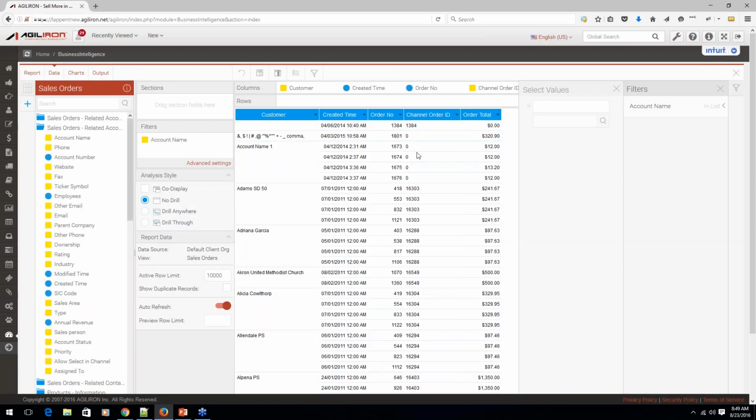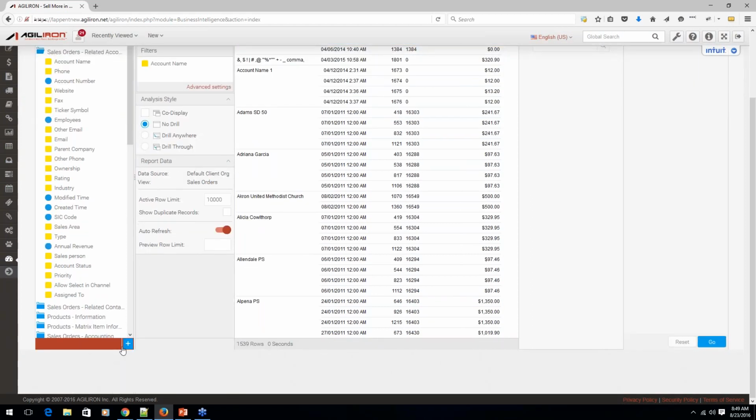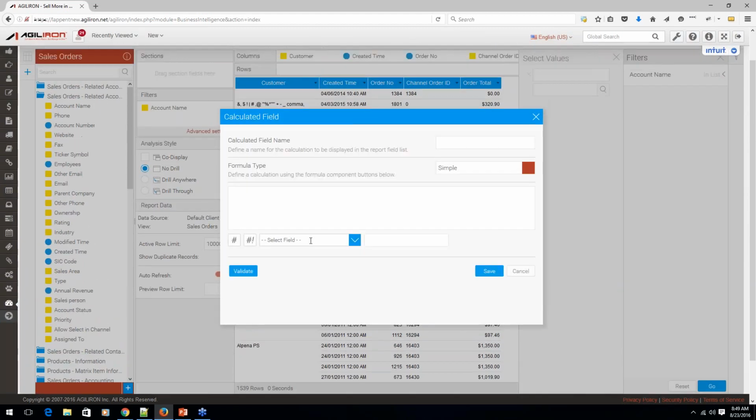Okay, so this is taking a little while, so why don't we move on to some of the other things. Let me present some of the other capabilities like calculated fields. So here is the list of all the fields that are available that we are presenting, but if you wanted to create some of your own that's based on a combination of fields that might exist in this table, then